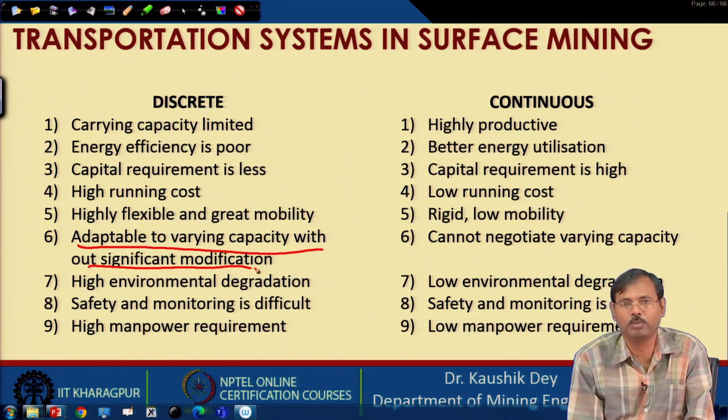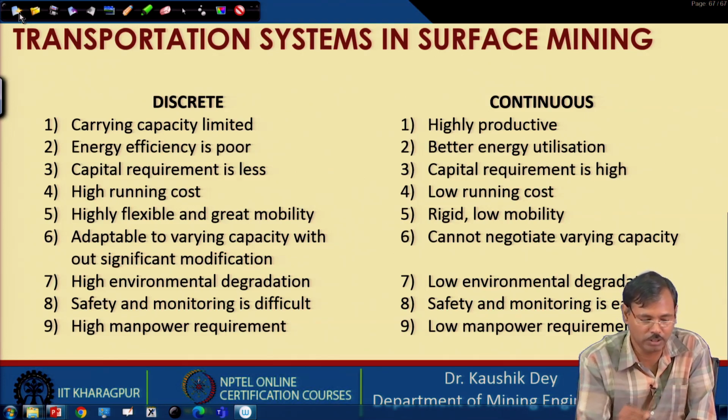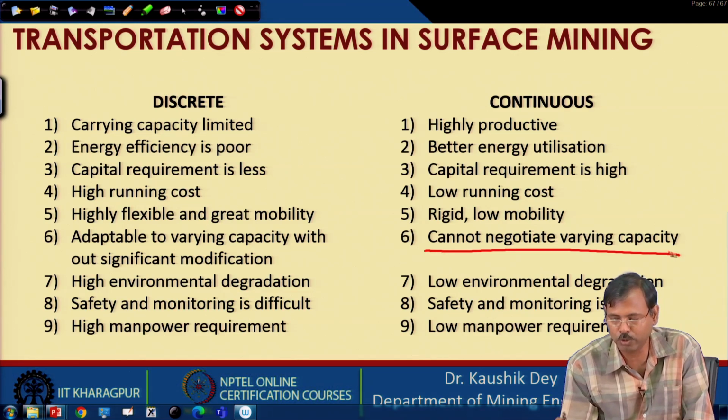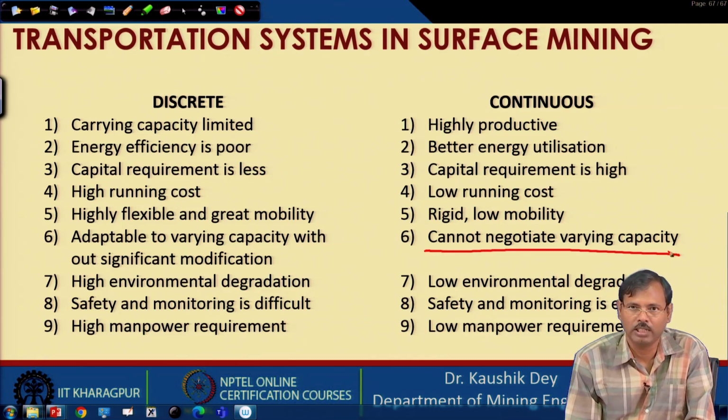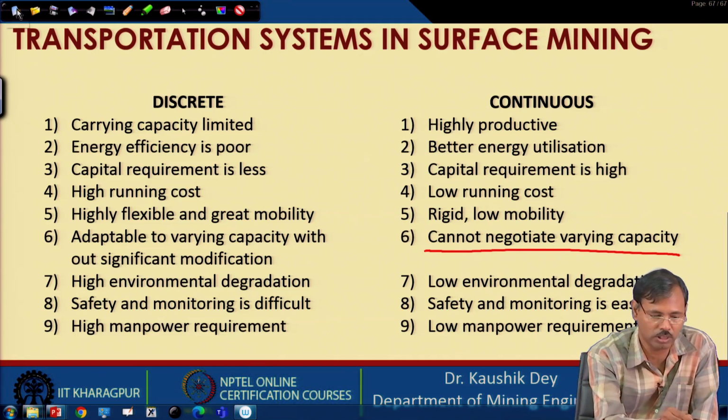The dumper system is also adaptable for varying capacity. Suppose today our production requirement is less, say 1000 ton per hour, and we deploy 7 dumpers for that. Tomorrow if the requirement is 200 ton, we will deploy 2 dumpers, not 7. That can be easily negotiated in this case, but not with a conveyor. A conveyor which is 1 meter wide and running at a speed of 2 meter per second has to run at the same speed, though the quantity requirement is reduced from 1000 to 200. We have to run the installation at the same capacity. So, that is the problem with this system, and we cannot have any control here.